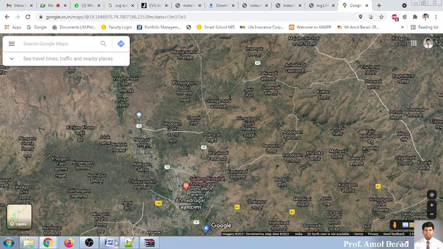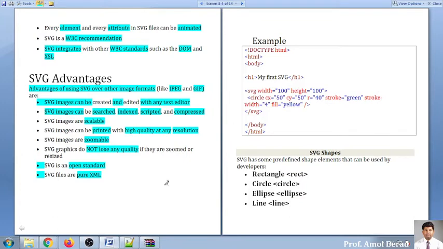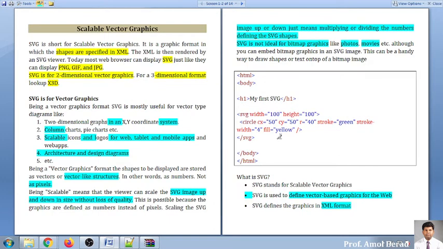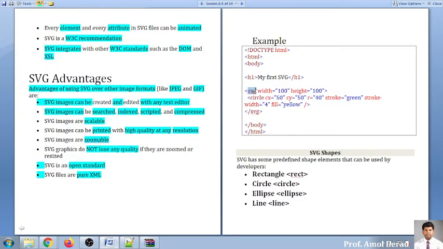Is it clear to everybody, how this is a real-time example of SVG? Yes or no? Is everyone getting it? Yes, sir. Now this is one example we have already seen. I want to show you that you have to use this SVG, and into this SVG you will be drawing any type of shape. We will be going into detail about what all shapes can be drawn.